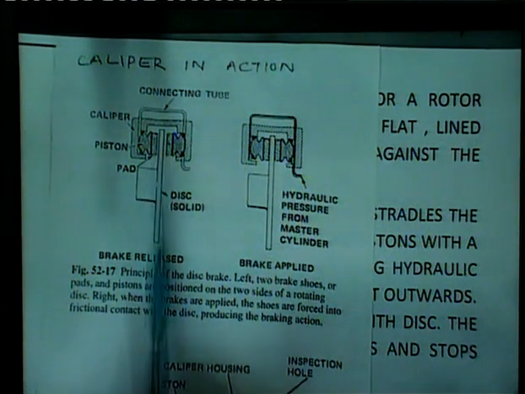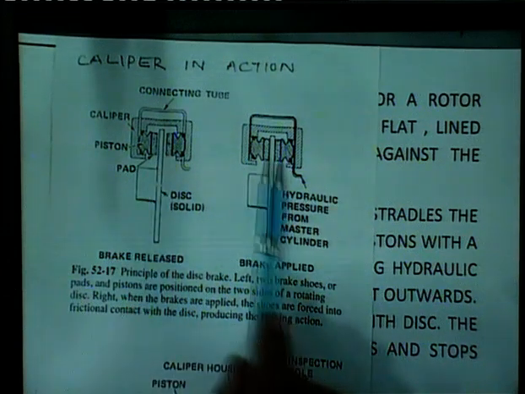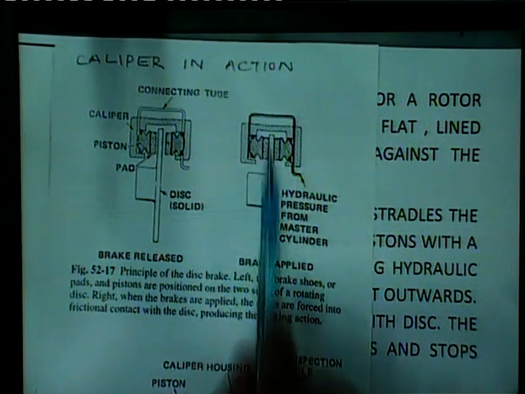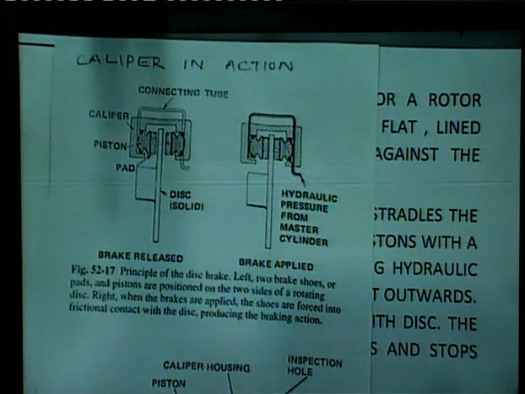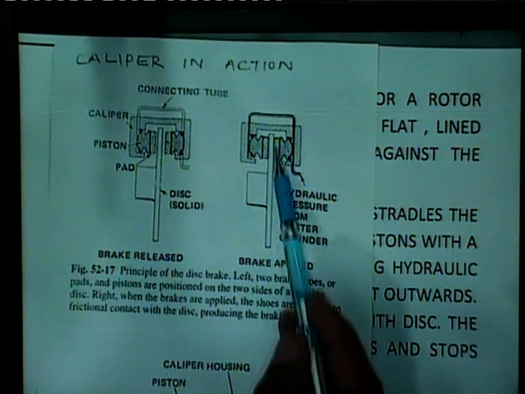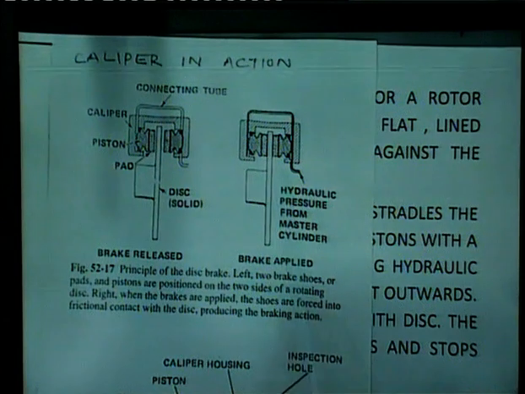You can see this is a disc which is free between these two pads, and this is the second case, when the gap between the two pads is closed up and the disc comes in between the pads and the brake is applied. So, here the vehicle is stopped due to the friction between the two. The higher the friction between the pads and disc, the more quickly the vehicle is stopped, and sometimes the brake lining